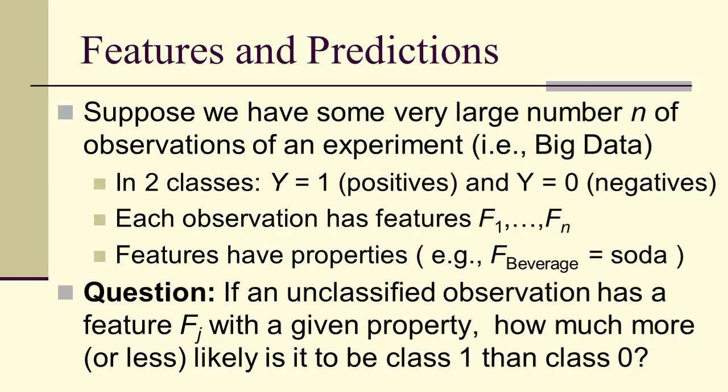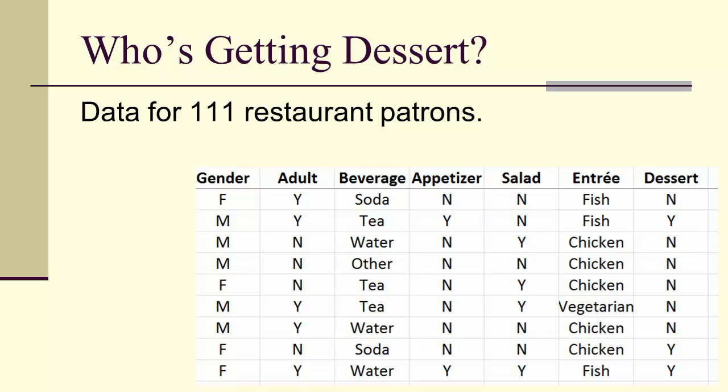Let's look at this question in a little more detail. Let's look at the who's getting dessert data. That was data for 111 restaurant patrons. And we had features. And our class was getting dessert. And so we'll have y equals 1 if they did get dessert, and y equals 0 if they did not. And notice that we subscripted earlier the features with the actual names of the features. So for instance, if we were looking at F sub